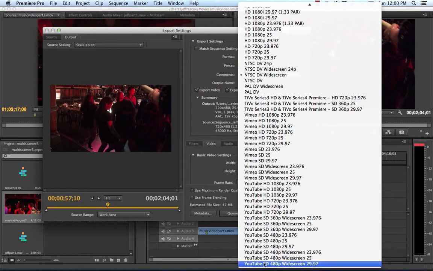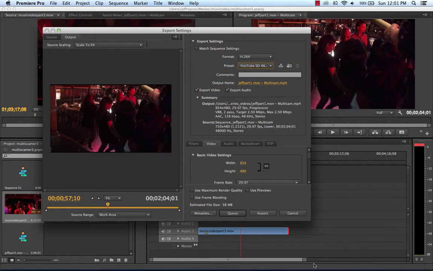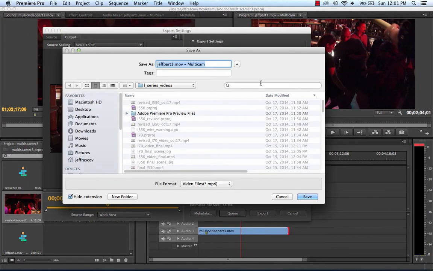It's the YouTube standard 480, which is the dimensions of the frame. Basically, it's 480 pixels high. It's widescreen, and it's running at 29.97 frames per second. So this is probably the best option that I would use, and then I would probably just give it a name. This is going to be music video